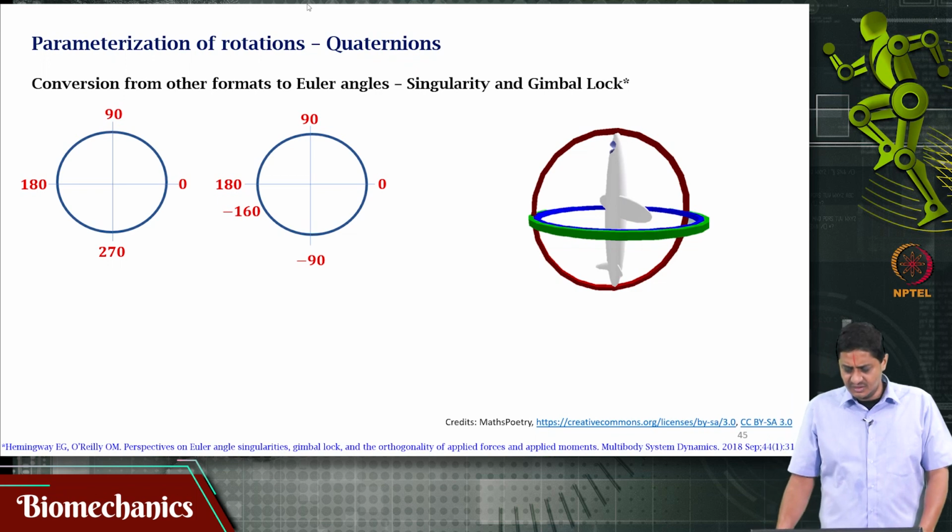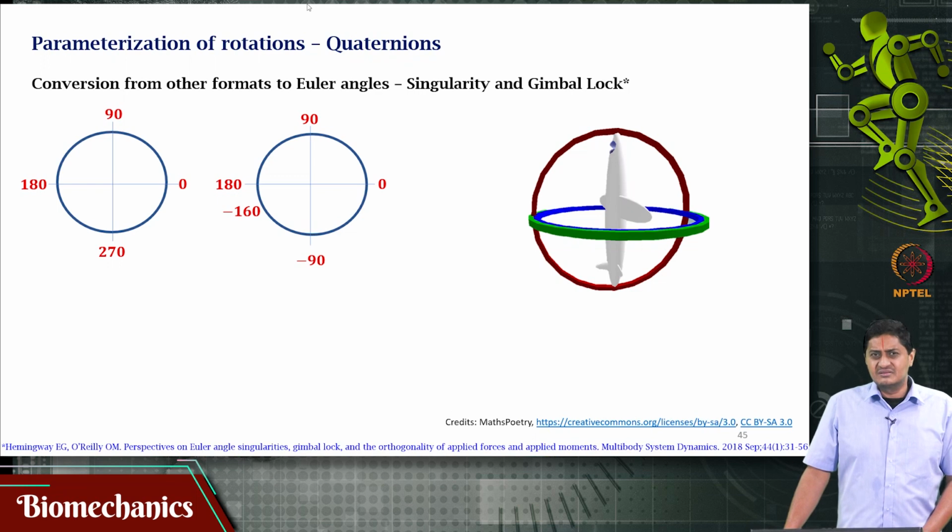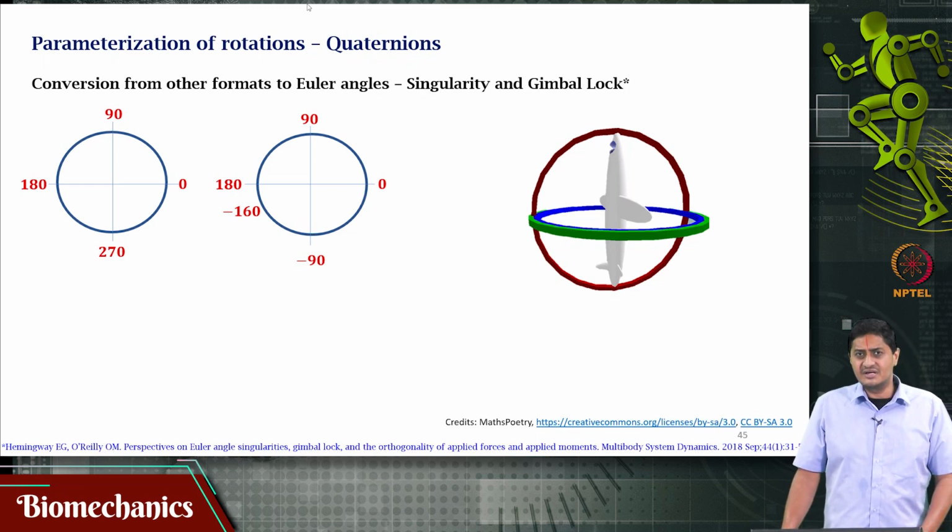advantages and disadvantages are. One specific disadvantage with Euler angles is the problem of singularity. We described this in one of the previous videos. We called this problem Gimbal lock. Technical differences exist between Gimbal lock and singularity. Earlier we called it Gimbal lock. Technically, it is a singularity problem, which I called somewhat imprecisely Gimbal lock. But in this field, people, even experts and authors, sometimes interchangeably use singularity and Gimbal lock, although these two things are not